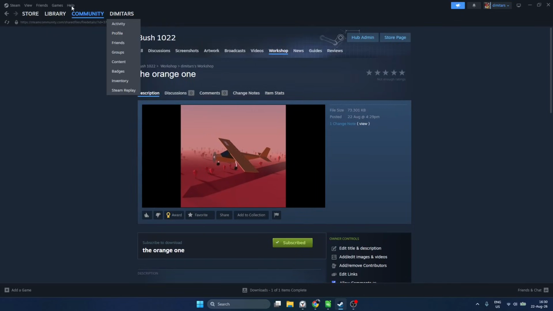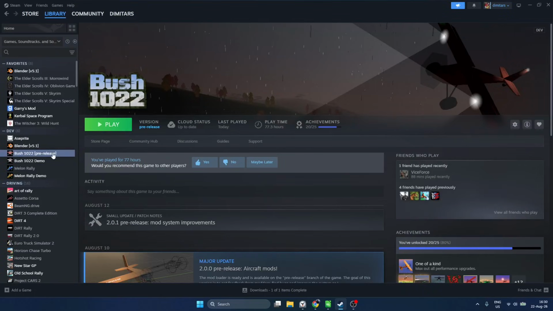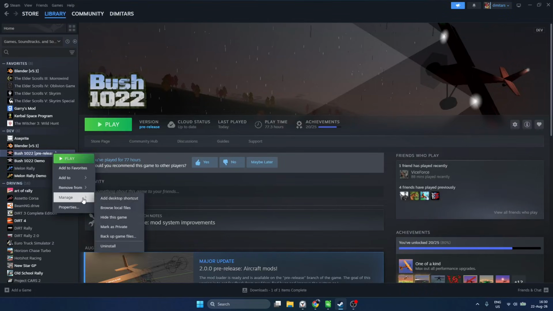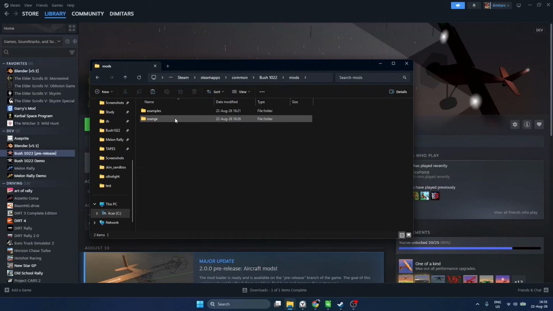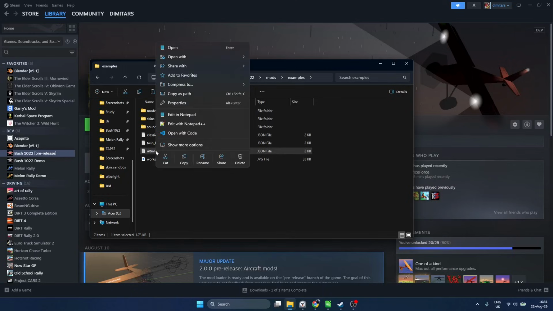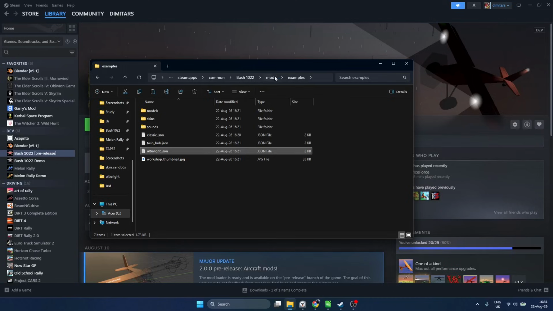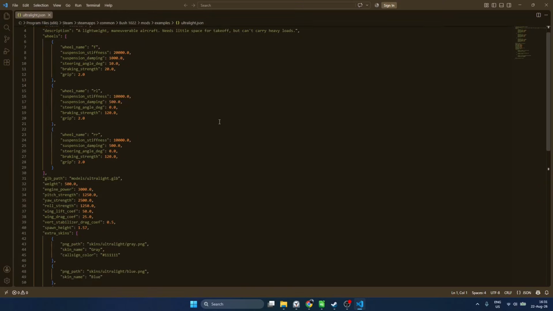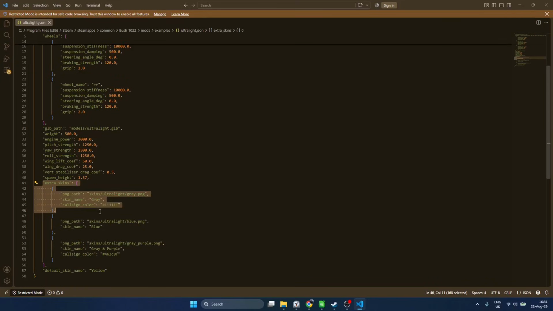Now a few more things that I've also added in this update. If I go into the local files, first in the example mods, there are now skins and sounds. In the mods, first off, I'm going to go over the skins. The ultralight has custom skins. Let me just open this with VS Code. Hopefully it is going to be pretty readable. Yeah, so there is this new extra skins